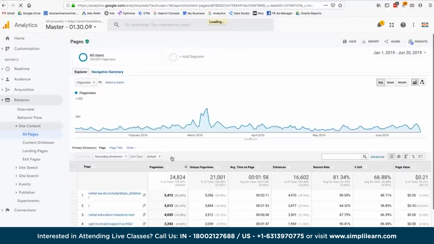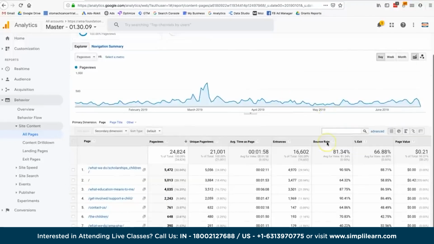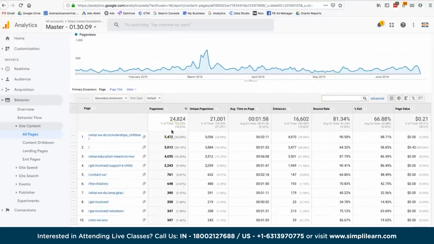And so this gives us an idea of how many pages were actually viewed. So site content all pages tells us what page and how many times it was viewed during a period of time. And again, we're looking at year to date. So I can see engagement related metrics associated with a page. So this particular page here on line 1, I could see how many page views, unique page views, which is equal to sessions. So I can have a session come to the website and look at a page multiple times in that session. I could see the average time the person has spent on a page, and I can also